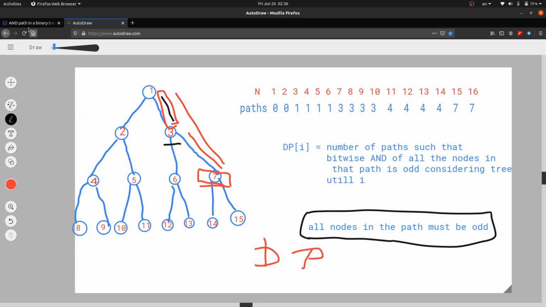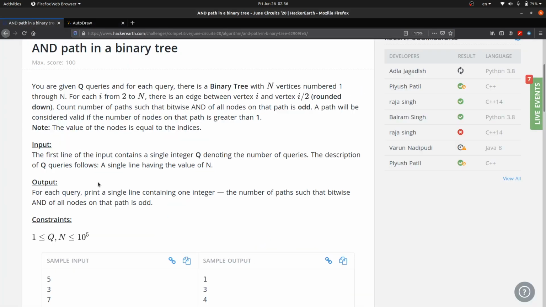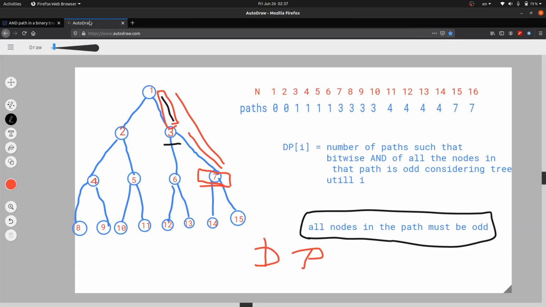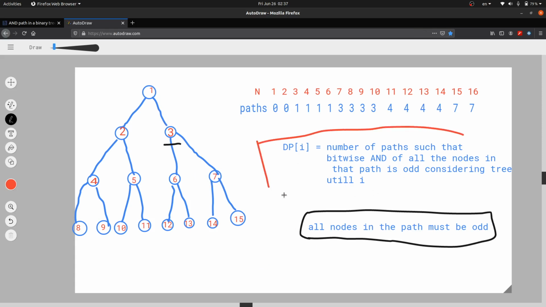Another intuition we get about DP is from the constraints, which are very large, 10 raised to 5. So this is the DP state: the number of paths such that the bitwise AND of all the nodes in that path is odd, considering the tree up till i.